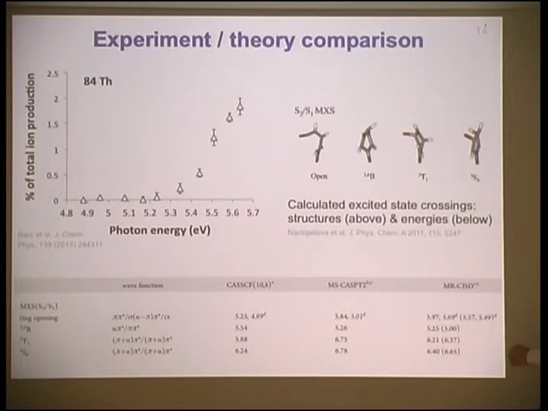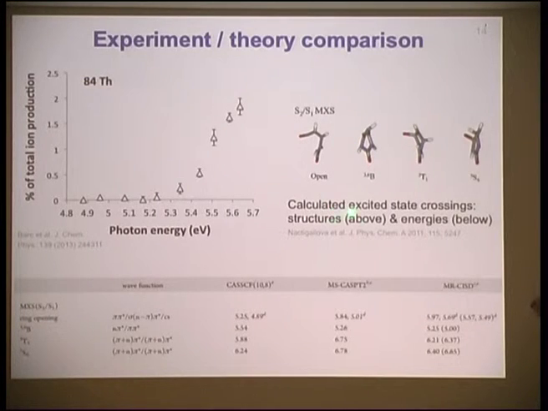And we can look at that in a bit more detail. This time I've plotted it on a photon energy scale. This is the dependence of the signal, as a percentage of the total ion signal, of our new fragment as a function of photon energy. And you see that we've got a rough threshold of about 5.3 eV.